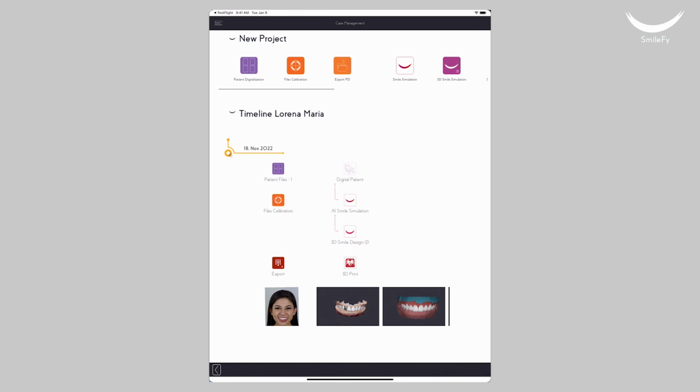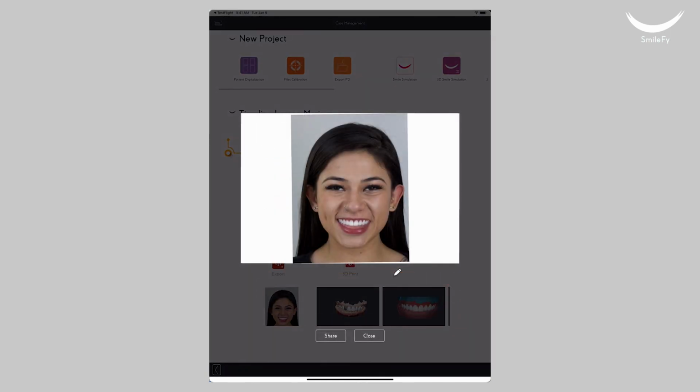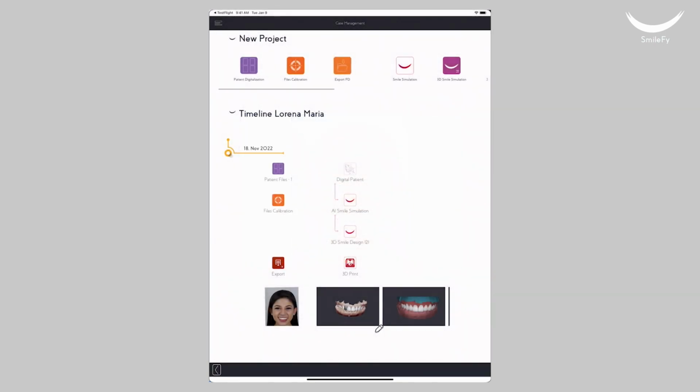When receiving your Design4me case, there are a couple of ways on how you can export the files. First, you can preview the files over here. It is just a picture, but it gives you an overview on how the design looks like. If you're satisfied with the design itself, you can simply go to Export,